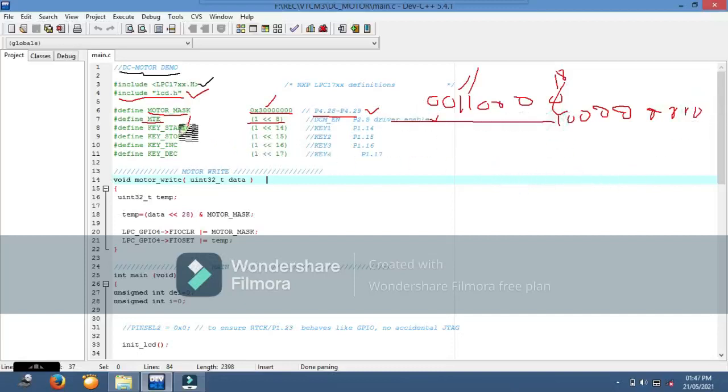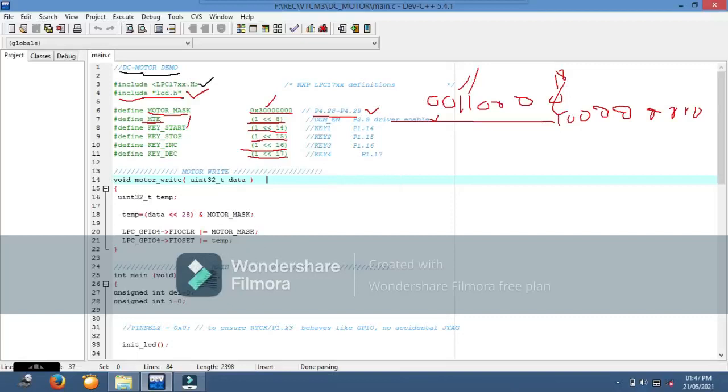Then we have key start, which is one more constant, with the 14th bit as 1, and the 15th bit is 1 for key stop. Key increment has the 16th bit as 1, and key decrement has the 7th bit as 1, with all remaining bits 0.